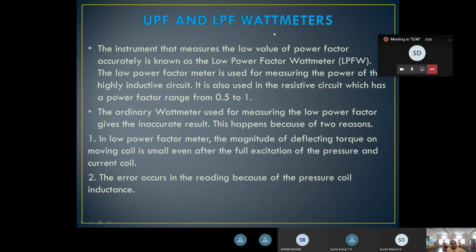While you are going to measure with the three wattmeter method to find the power factor, in general we prefer that the power factor should be near to 1. Unity power factor, that is UPF, means the power factor you get should be near to 1. We prefer that so that the current applied is higher. But in all cases the power factor is not going to be near to 1. In many applications it is less than 1 only.